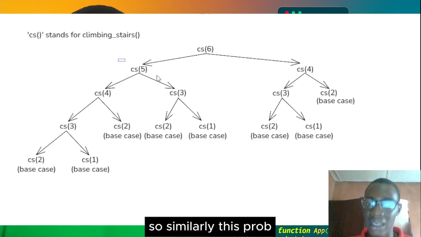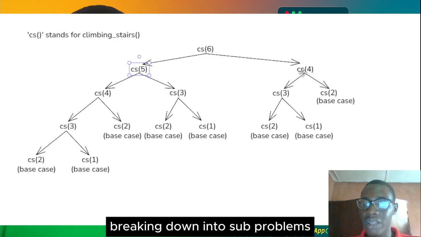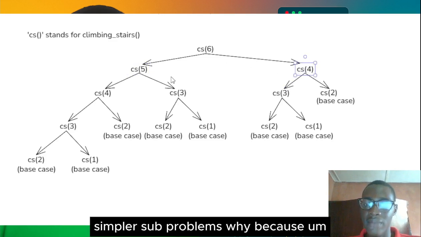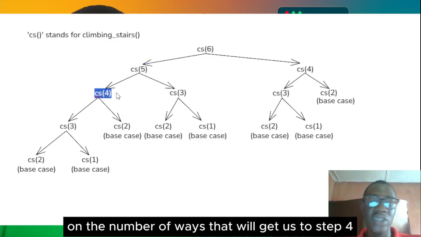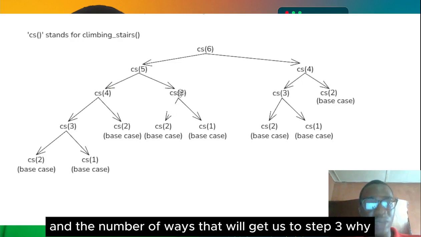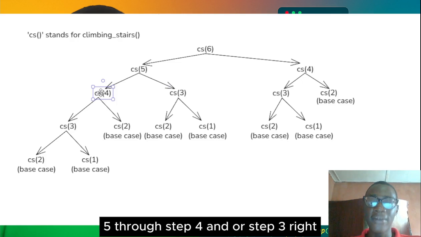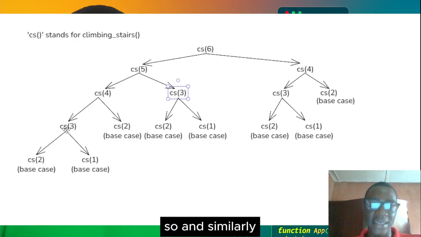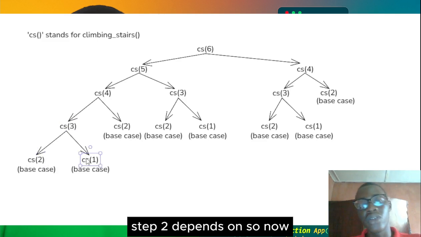Similarly, these two subproblems can be further broken down into simpler subproblems. Why? Because the number of ways that will get us to step 5 also depends on the number of ways that will get us to step 4 and the number of ways that will get us to step 3. Why? Because we can only get to step 5 through step 4 and/or step 3, right? And similarly, step 4 also depends on step 3 and step 2, and step 2 depends on